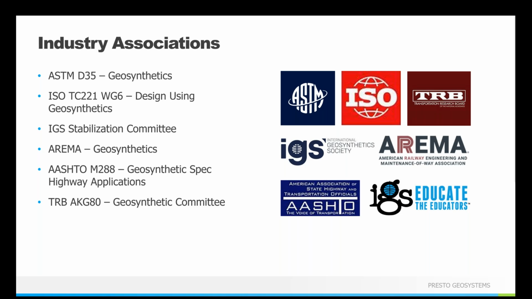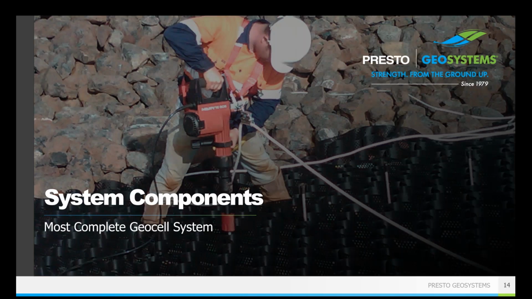All right, so with all of that, one of the things I've mentioned a couple times is that the GeoCell system has some accessories, some components that are basically the supporting pieces that make the GeoWeb system the most complete GeoCell system. And they also ensure the uniform performance of your interconnected system, thereby protecting against the damaging effects of non-uniform deformation or differential settlement in response to your applied loads.